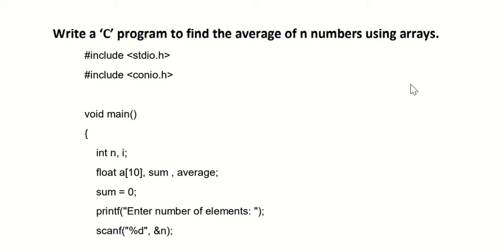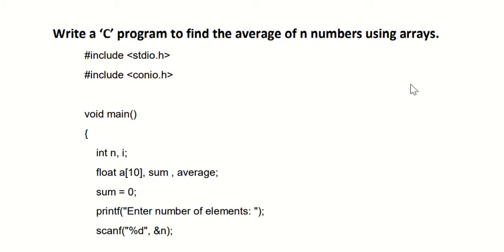Okay, so hello everyone. Today's topic is write a C program to find the average of n numbers using arrays. So basically, if we consider our normal programs, we can declare three normal variables, for example, A, B, and C. Then we can insert some values in those variables like A equal to 10, B equal to 20, and C equal to 30. And after that it is very easy: sum equal to A plus B plus C, that will give you the addition part, and then average will be equal to sum divided by 3, because obviously we have three numbers, and you will get the average very easily.